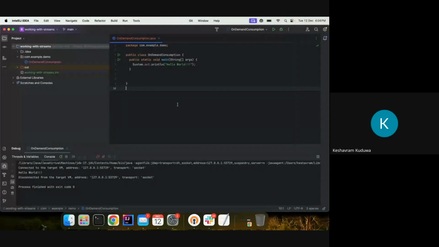So basically, this project is just a simple Java project. It has one package com.example.demo and a class with the main method in it, right? That only prints sys out. So my question to him was, what if you have an API that gives you a particular set of items,